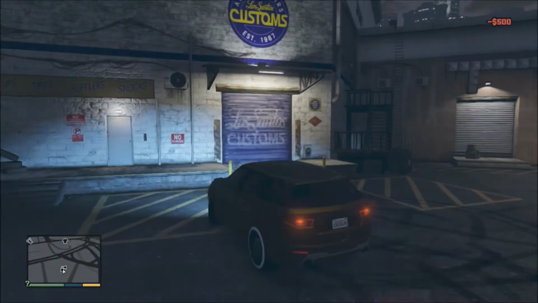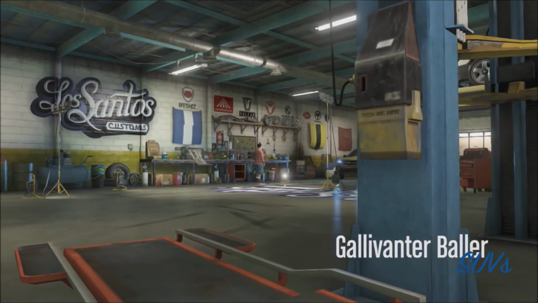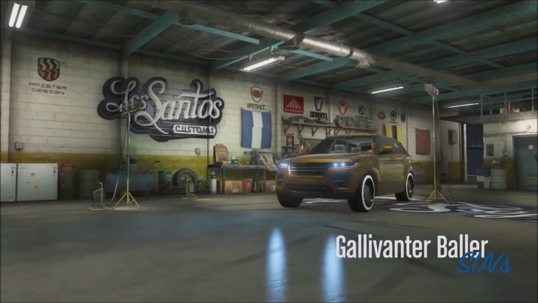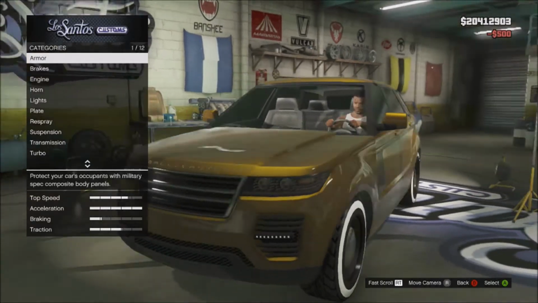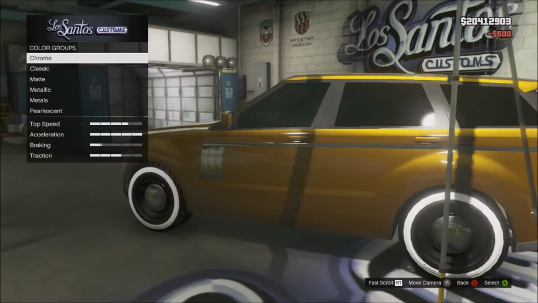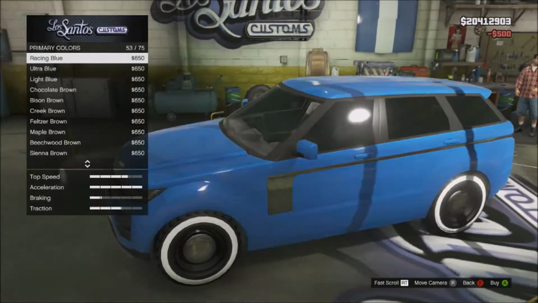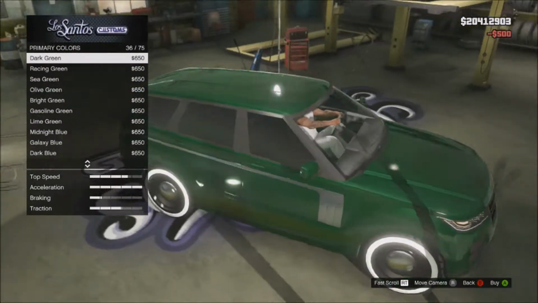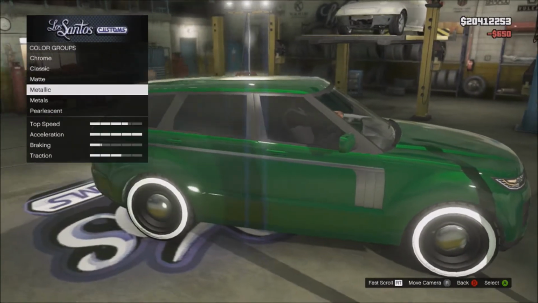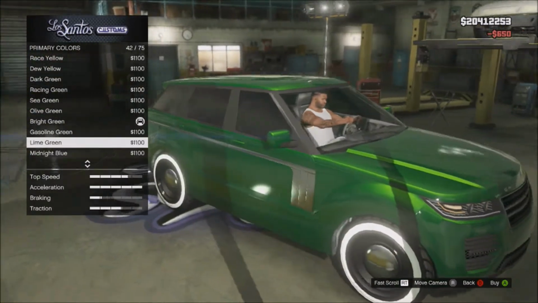And number 4 is basically, I think it's called natural green or something. I saw a video on it. But basically what you want to do is go respray, go metallic, and hop over to, why the hell did I go up? I want to go on a racing green, and I have a pearlescent of lime green,